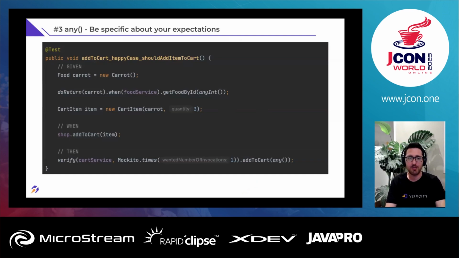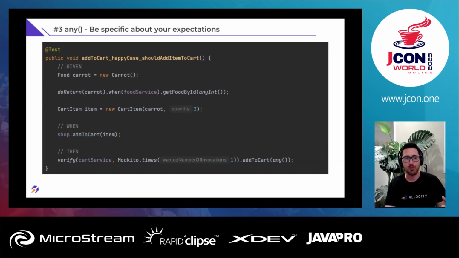So the thing is that this might mask many issues, right? Because if we change the ID inside the get food by ID function, for example, and we return a different carrot, well, or we return the same carrot, we have a bad behavior, right? The code is broken, but the test still passes, which is really bad. And I will use actually the actual ID or the actual item that I expect to get, because that is the meaning of the test.